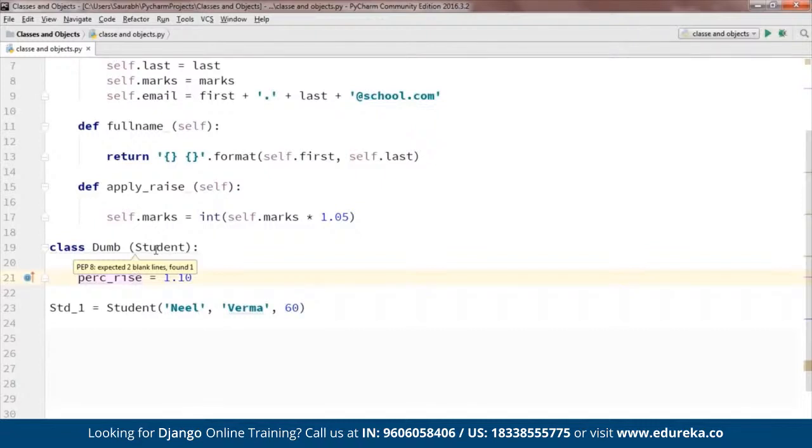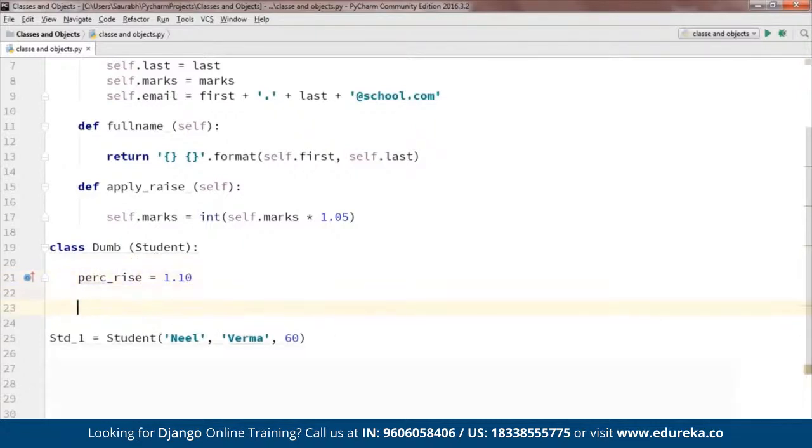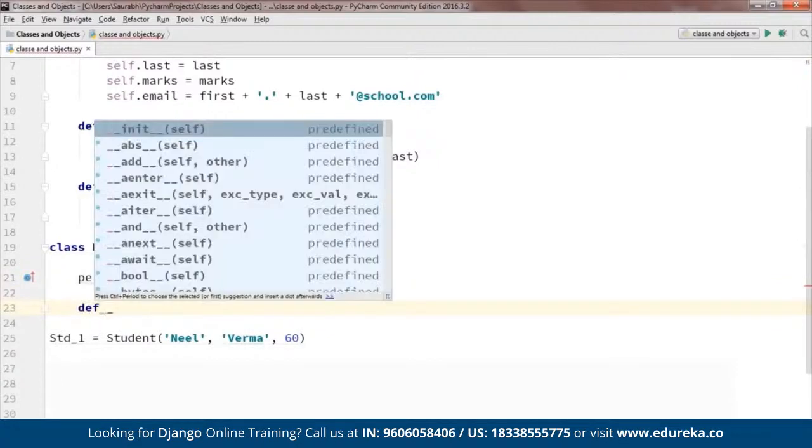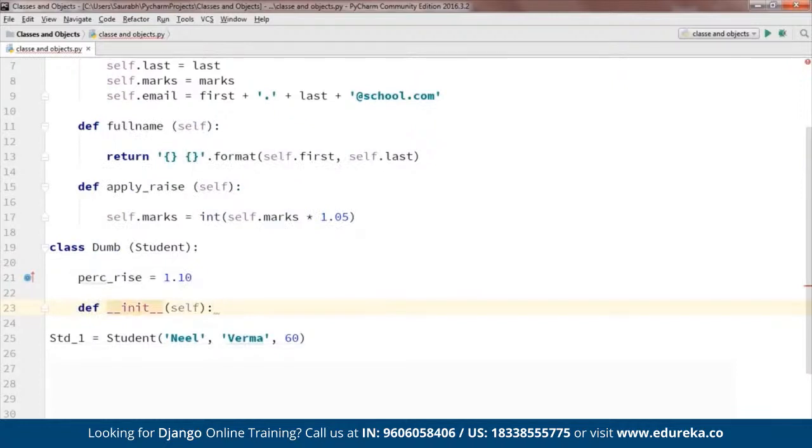I can copy the entire student logic and do that, but it will increase the code size and we want it to be more manageable. So let me show you what I'm going to do now. Below this class variable, I'm going to define one more init function, and let me show you how to do that. In itself, and obviously I want the first name, the last name, marks, and plus I want programming language. So for that I'll just type